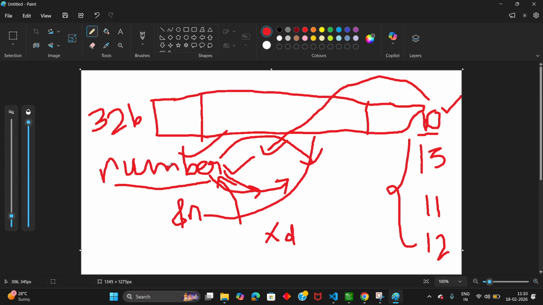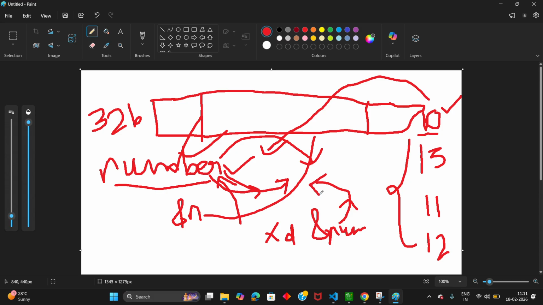Because this number is of integer type. And you use a parameter &number. This &number indicates where the number is stored in the memory location. &number represents the memory location of the number.